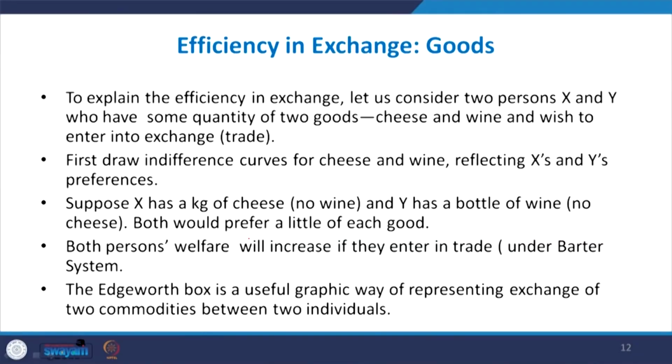Both would prefer some quantity of both in order to maximize their utility or satisfaction, and their welfare will increase if they enter into the trade. We can enter into a barter system, and if prices of the products are known, then a price system can also be introduced. In this case the Edgeworth box is a useful graphic way of representing the exchange of two commodities